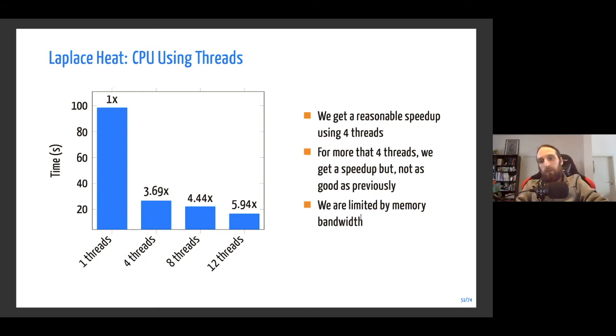This is probably because we are limited by the memory bandwidth. But anyway, this is not the best implementation of the CPU code, but it's just to give you a basic idea of what we can get between the CPU and GPU version of the code. It's just to have a kind of baseline. This is not, strictly speaking, a good scientific measurement of the performance of the CPU as well as the GPU.